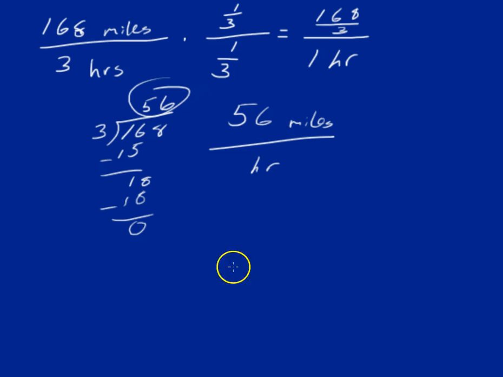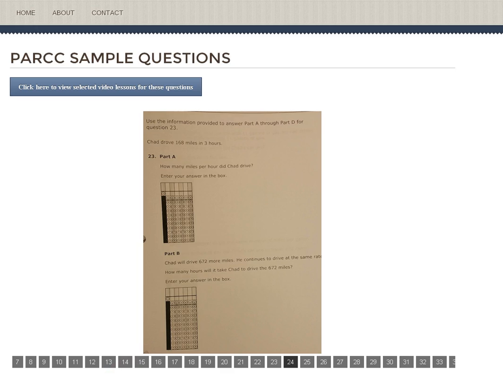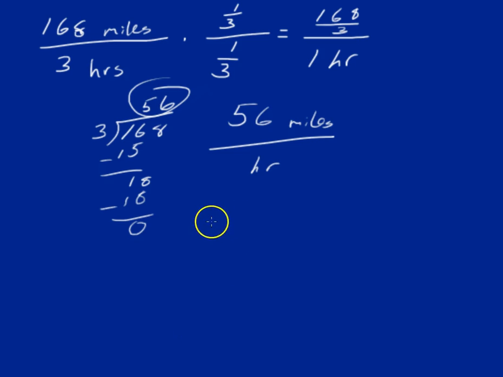So let's set this up here. First off, let's reason through it. How many times can 56 miles go into 672? So we can actually just do a division problem and figure out how many times that goes into. But let's actually take it with a little bit more